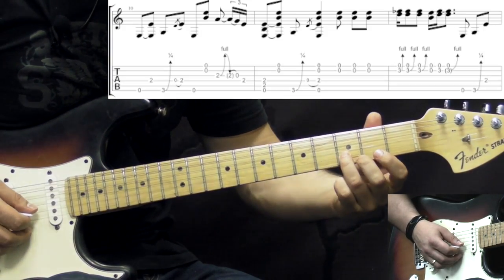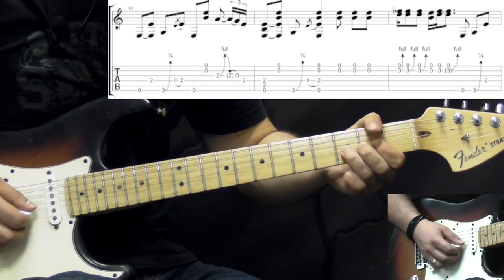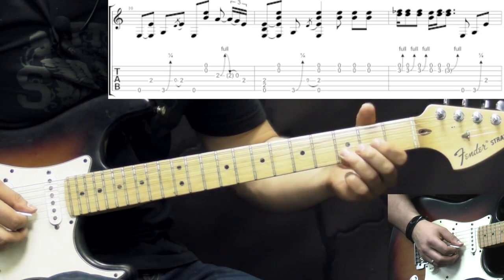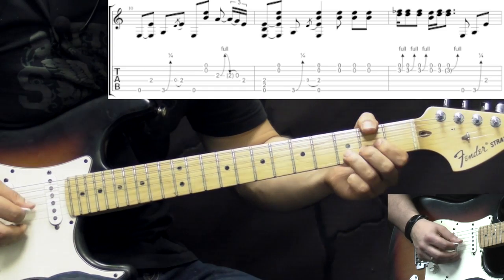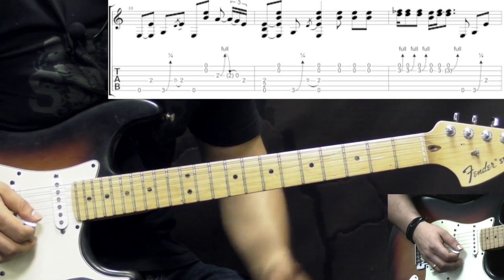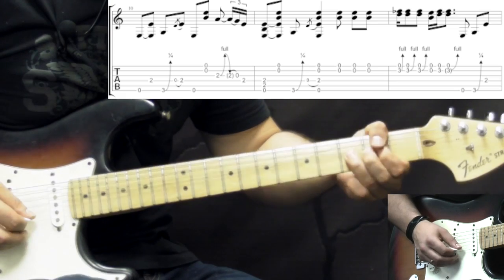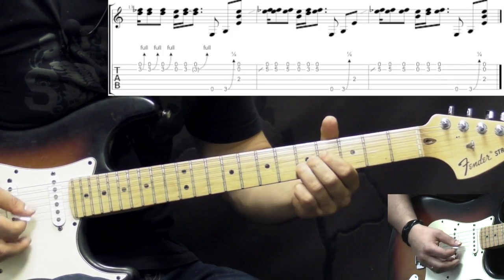So basically on the 3rd fret of the B string, 1, 2, 3, 3 bends we have on the 3rd fret of the B string, then we have open, then onto the B 3rd fret again, and bending up. Now he plays here a few variations. Sometimes he would play like that, and also he would play,